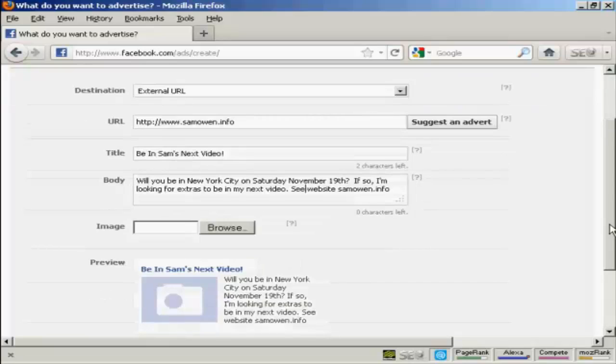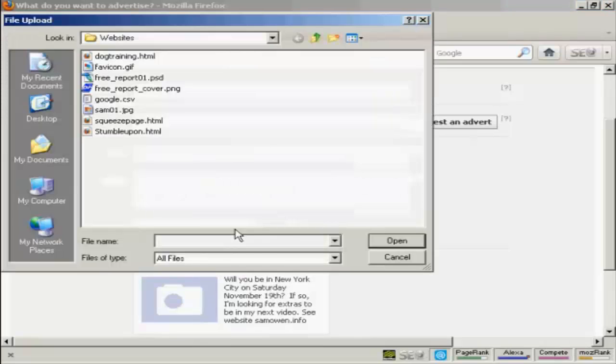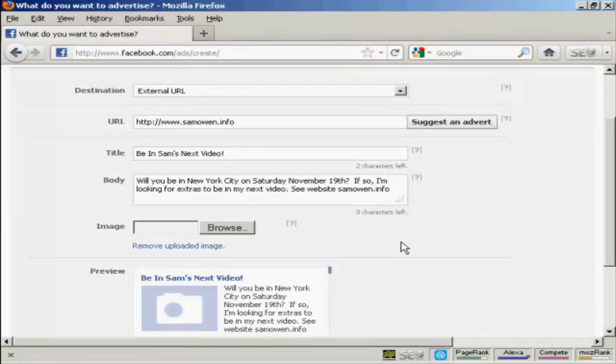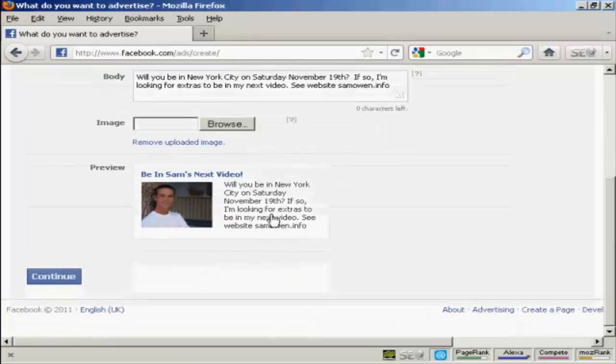Then they'll want an image, so I'm going to upload that from my computer, so click on Browse, and this is the image I'm going to use, sam01.jpg, and click on Open. And you can see there's a preview here of what the ad is going to look like. So click on Continue,